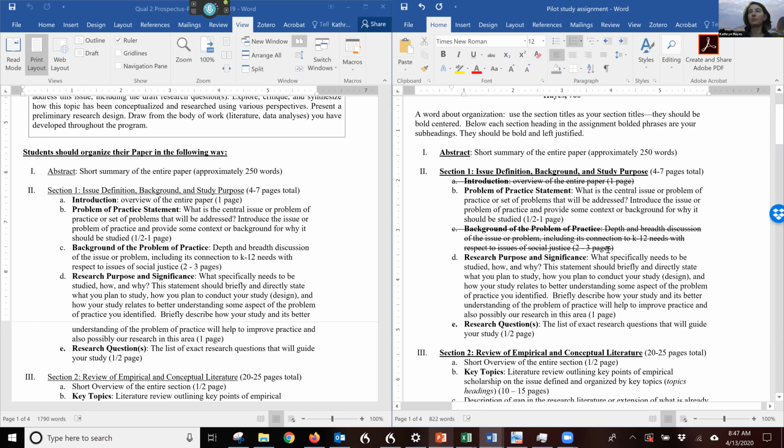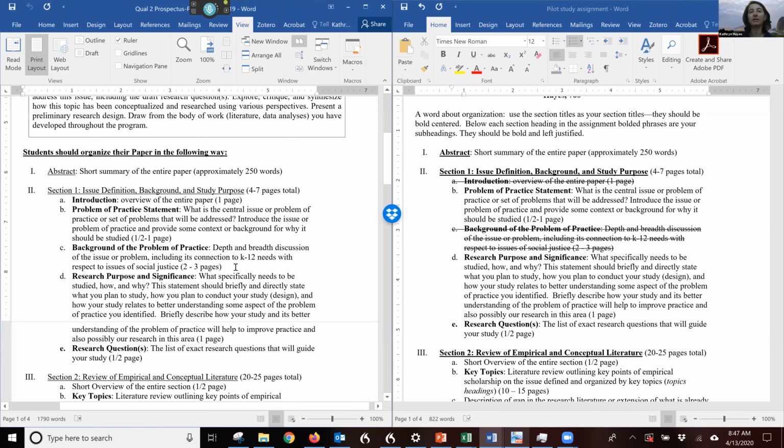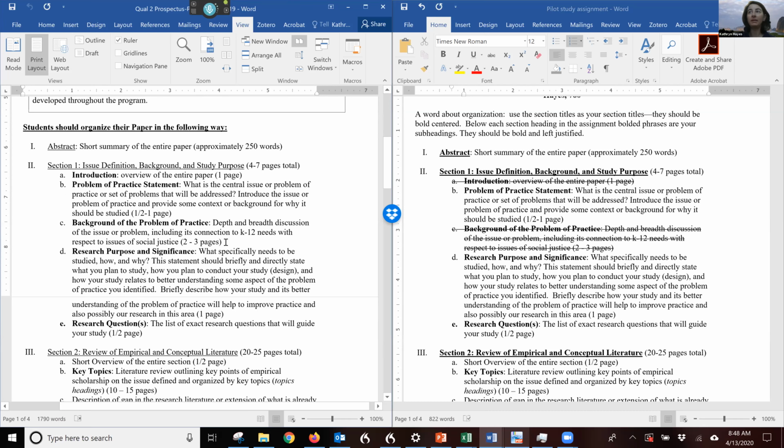However, when you turn your pilot study in, which I'll go over the due dates for in a moment, in your Qual 2, which is now due later, it's now due June 1st, you will need that background of the problem of practice. So if you want to get feedback on it from me, you'll need to turn it in by May 7th. All right, and again, we'll go over that later.